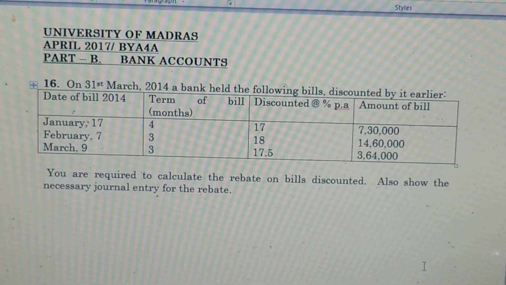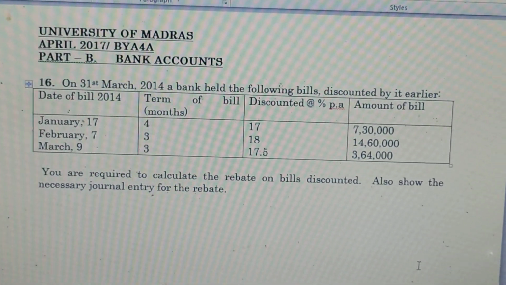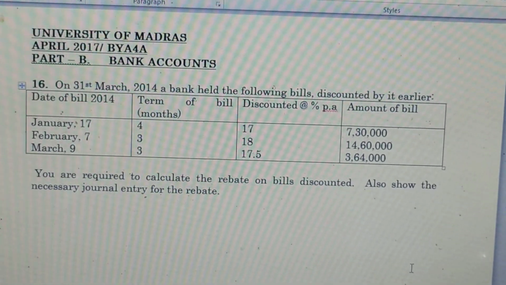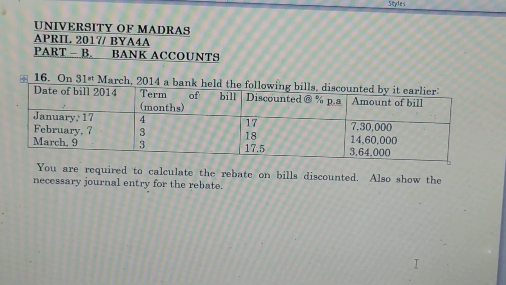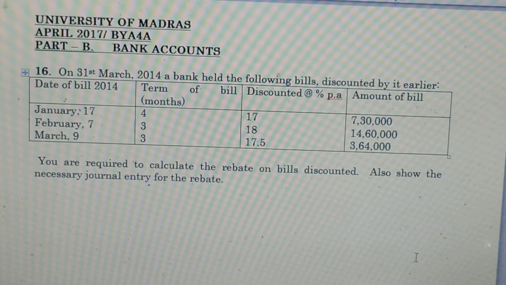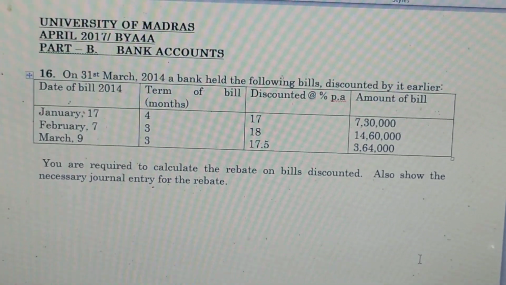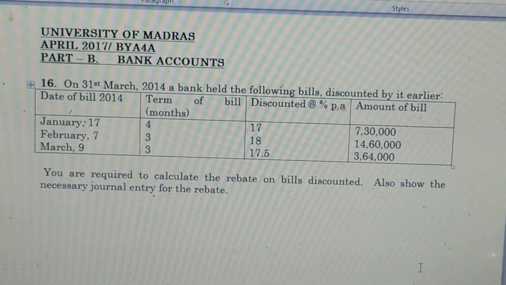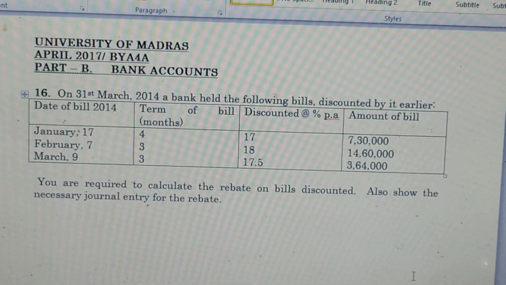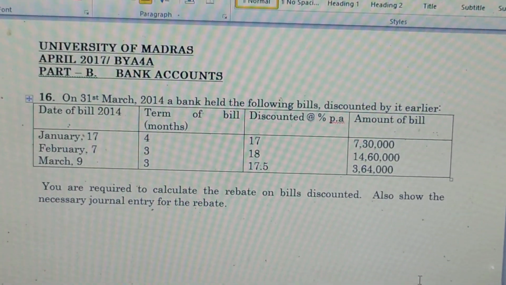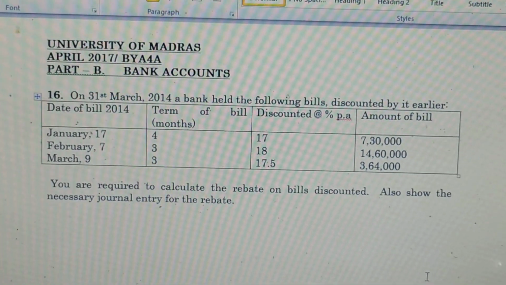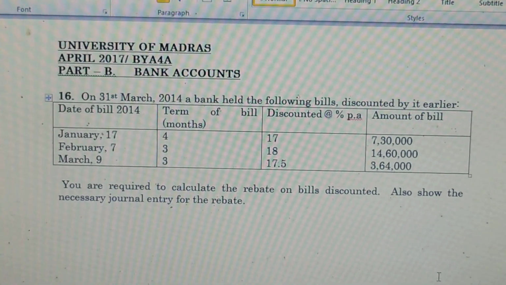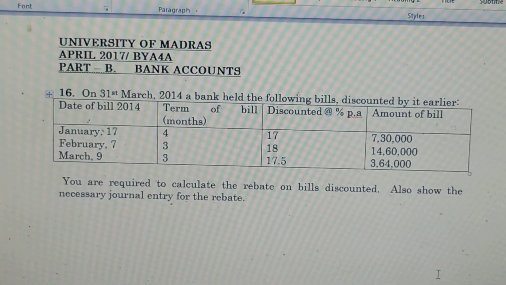The date of bill, terms of bill in months, discounted at a percentage per annum, amount of bills. The date of bill is 17th January 2014, the terms of bill is 4 months, the discount rate is 17, and the amount of bill is 7,30,000. And the second category: 7th February is the date of bill, 3 is the terms of bill, and 18 is the discount percentage per annum,